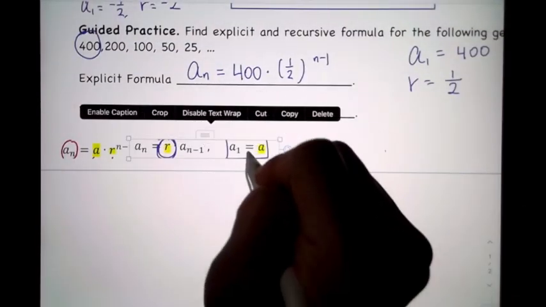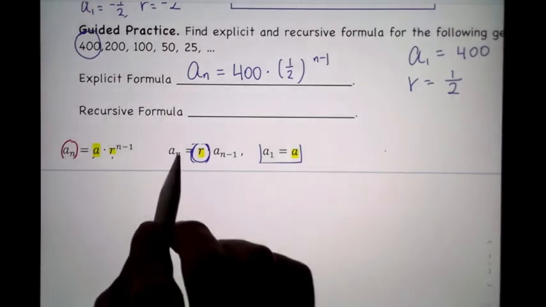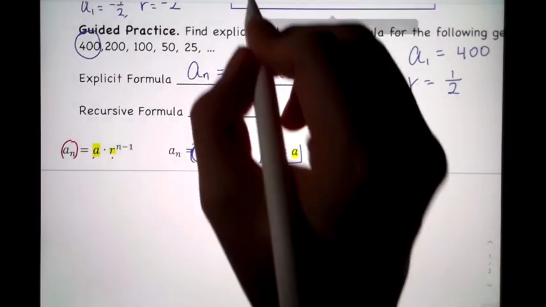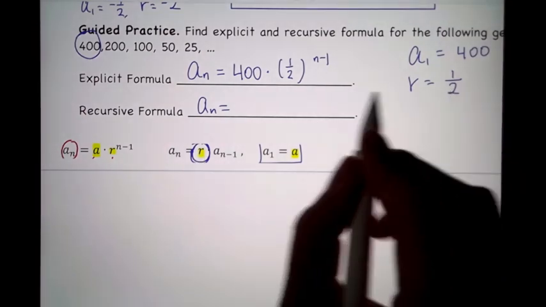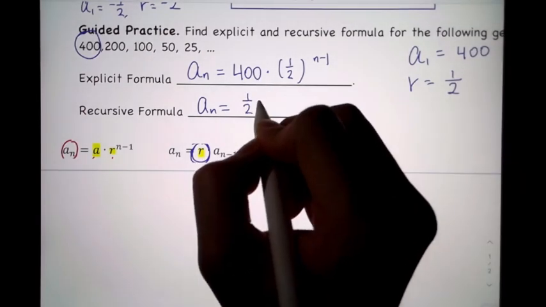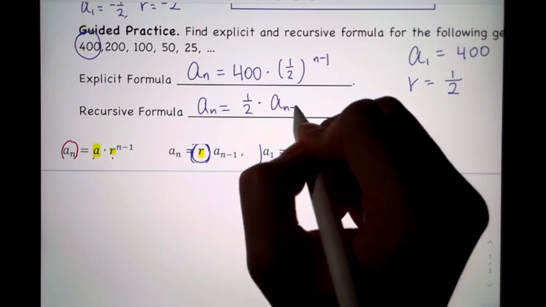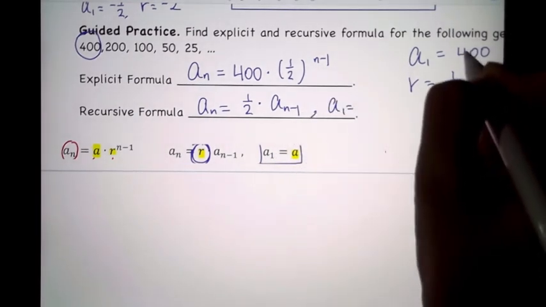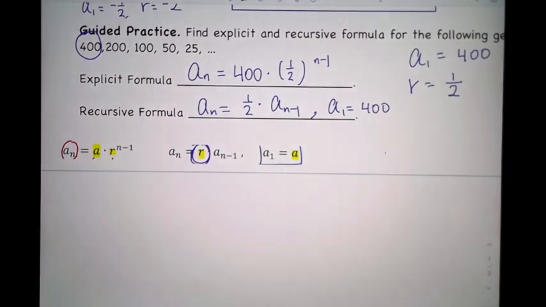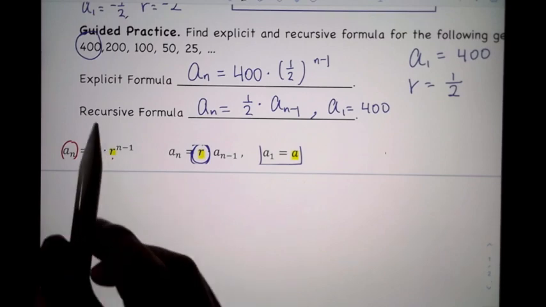So look, this is my recursive form. a_n equals r, my r, that's 1 over 2, times a_(n-1), comma, a1 is what? 400, like this. So literally you have a formula and you're substituting the numbers. So all you need to do is find the a and r from the sequence and use your